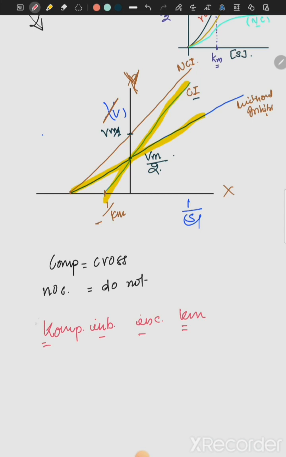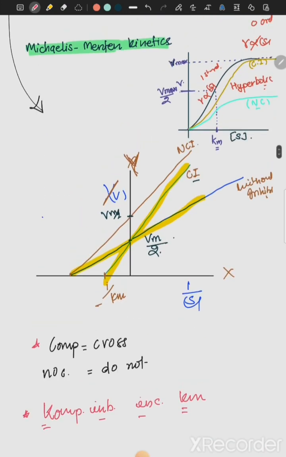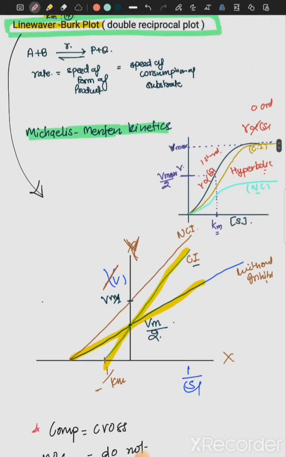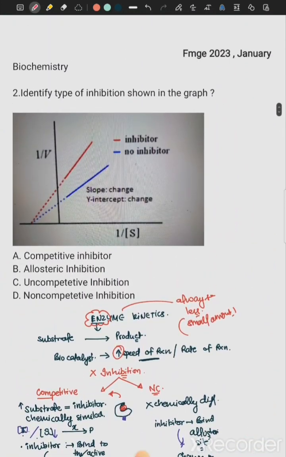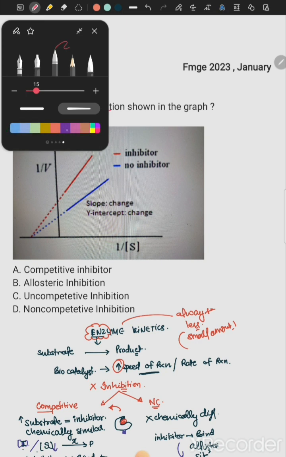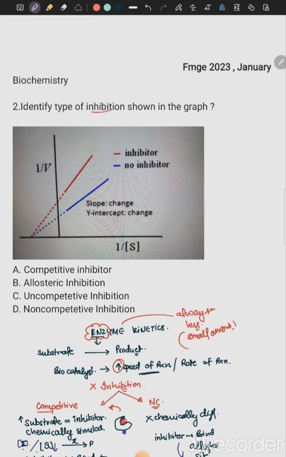So there is 2 times K and 2 times I. It is just a mnemonic to remember. So competitive inhibitors here basically increase the Km value. So if you remember just the last 2 lines of the mnemonic, now coming back to the question, identify the type of inhibition given in the graph. If you remember the mnemonic which I told you, competitive inhibitors cross, and non-competitive they do not cross. So because they do not cross, it is a non-competitive inhibition,